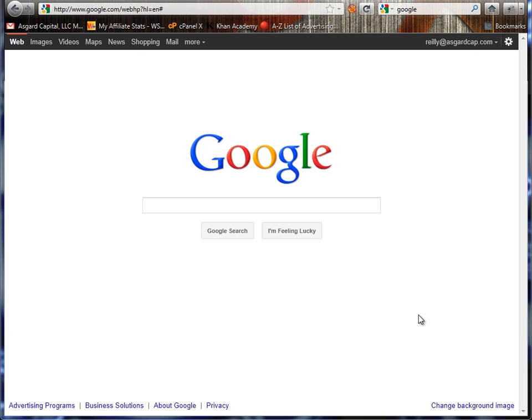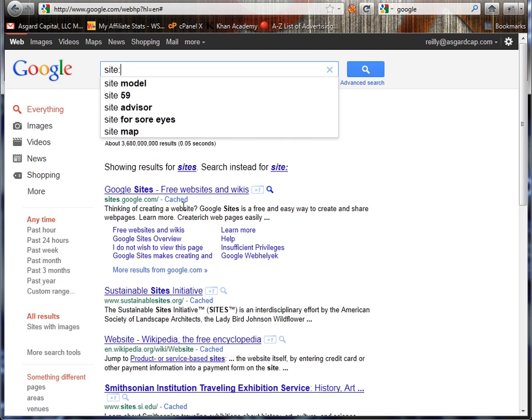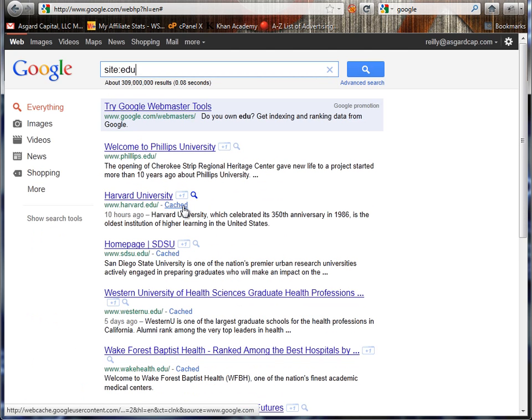Now, the most important thing you can get out of this course is how to actually find the sites where you can post your own content on EDU domains. In order to do this, we're going to use the most valuable tool in your arsenal, Google. Whenever you're doing a Google search, you can narrow down your results using modifiers. In this example, we're going to use the modifier site, and we're going to ask it to only return EDU sites. As you can see, when I type in site:edu, all one word, no spaces, it's going to return only